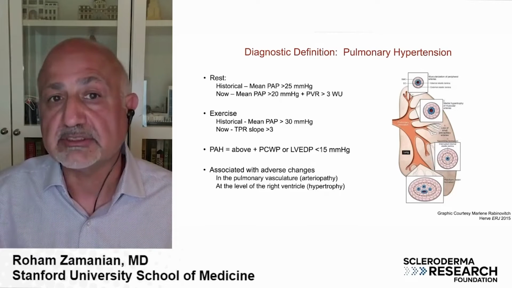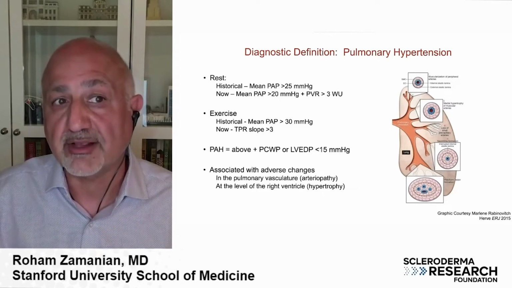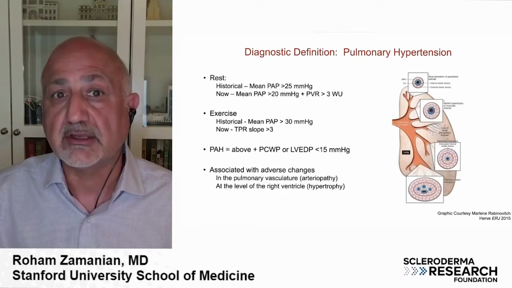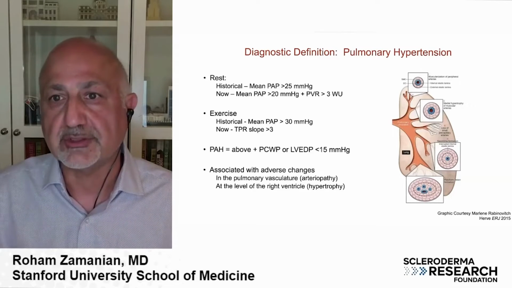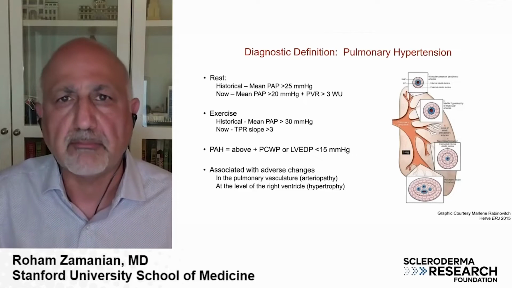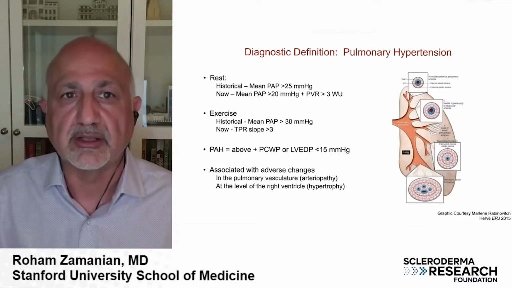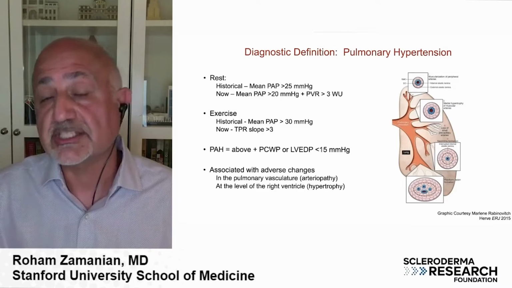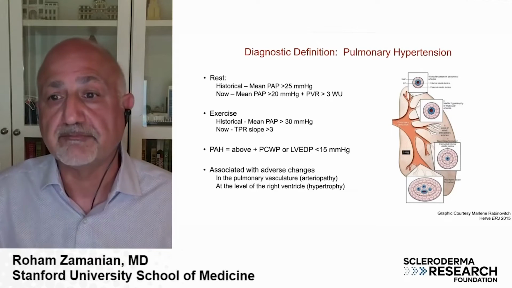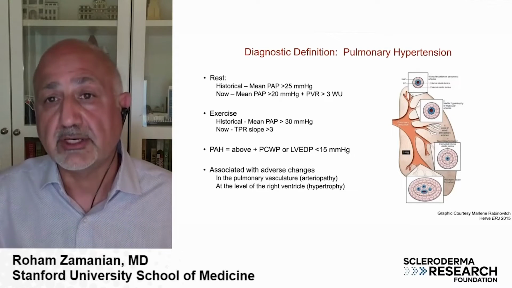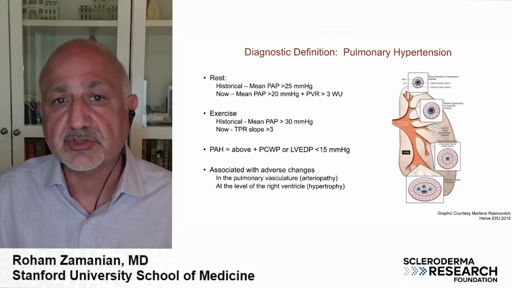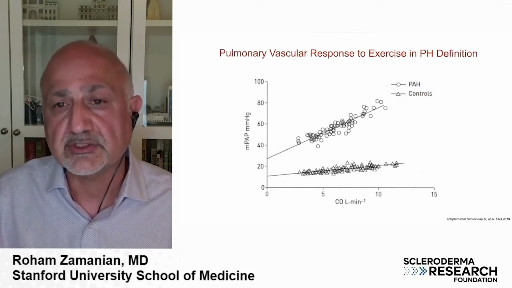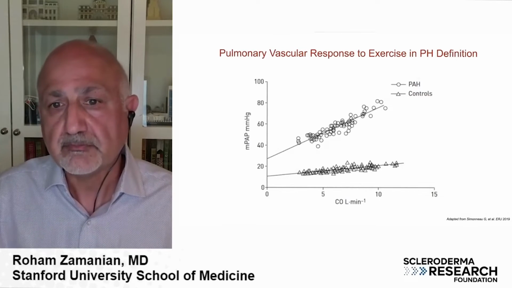But the problem here is that we don't have any clinical trials to look at the impact of drugs with just that new definition, that soft number, what we call mild or borderline pulmonary hypertension. So that's a concept that you should be aware of as well. The other new concept, and it has sort of grown from the research world in the diagnosis of pulmonary hypertension